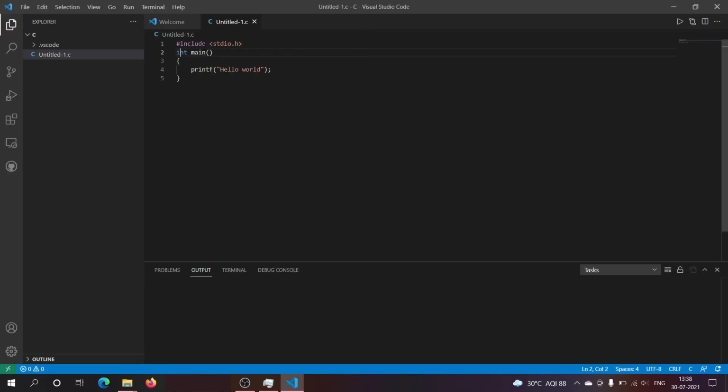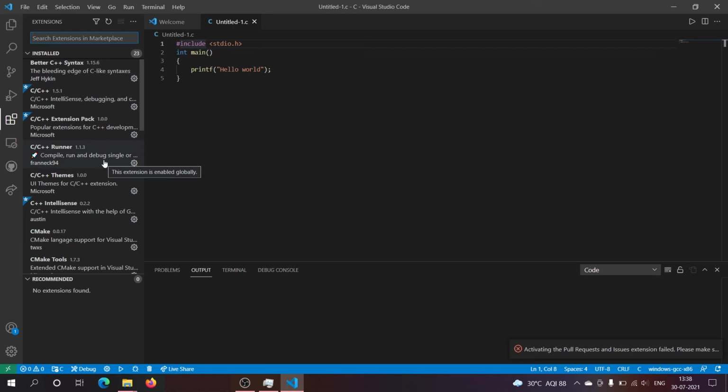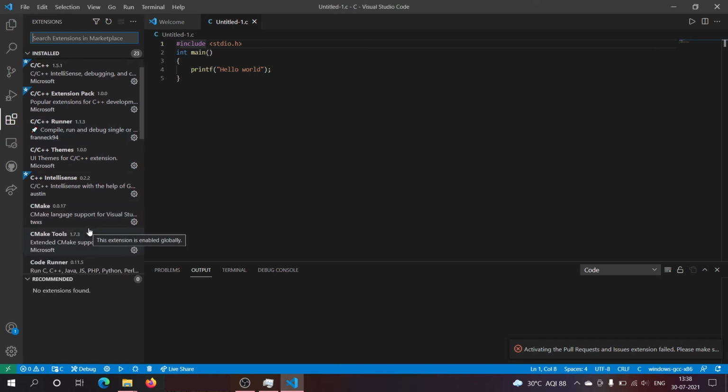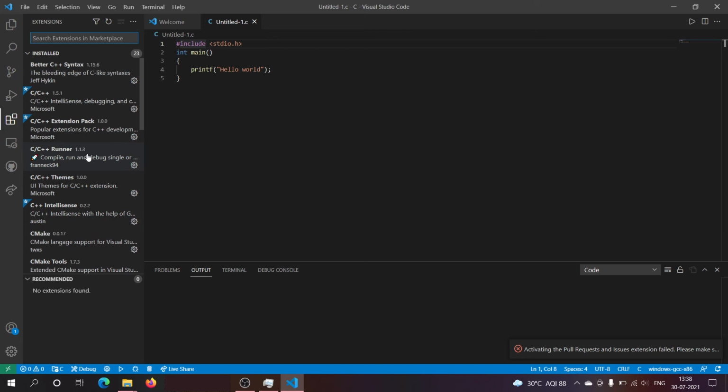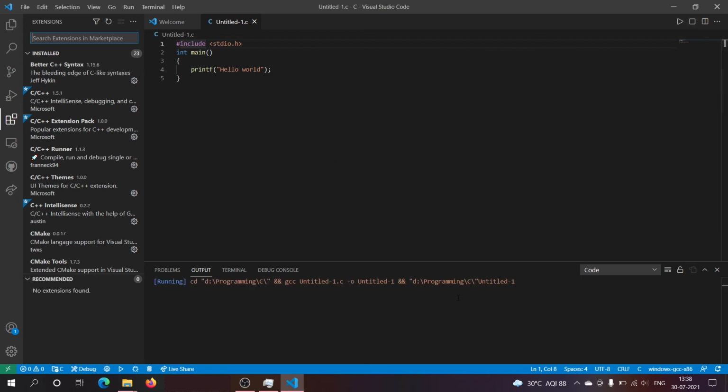Now as you can see, this time it doesn't show any errors. Now trying to run the code. To run the code, I have installed another extension which is C/C++ Runner, and another I would recommend is Code Runner. Installing this Code Runner gives this button here, so we can directly run the code. Otherwise we will have to run the code in a different way. Now you can see that it is running, and we can see the output also.